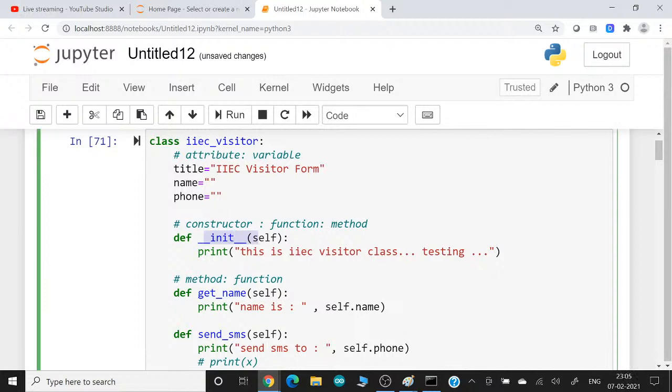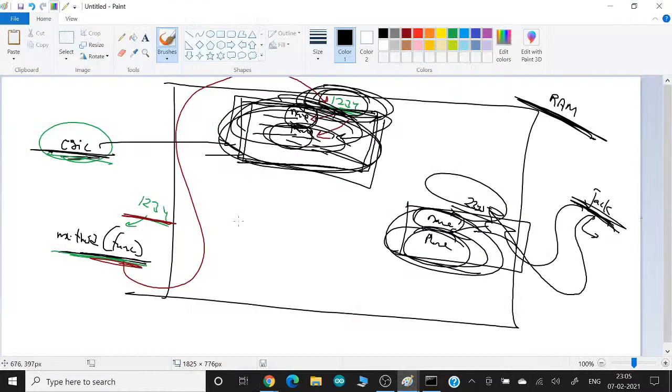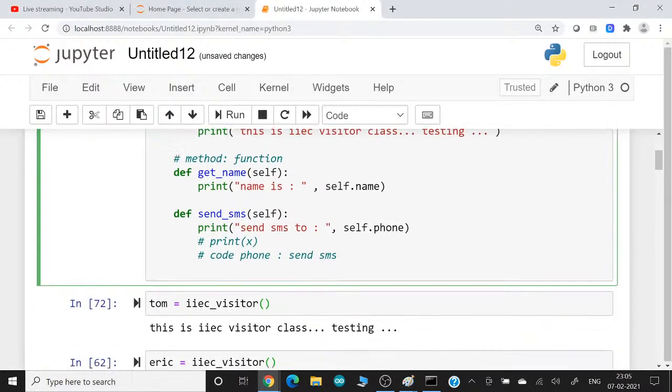So if you want, guys, whenever any new person comes into your organization, a visitor comes up, or you want to add an automatic SMS send, mail send, you can put those codes in this function, or you put the things in the constructor function. But this function has one more great use, right? What the use is, because now this function, if you see the code,